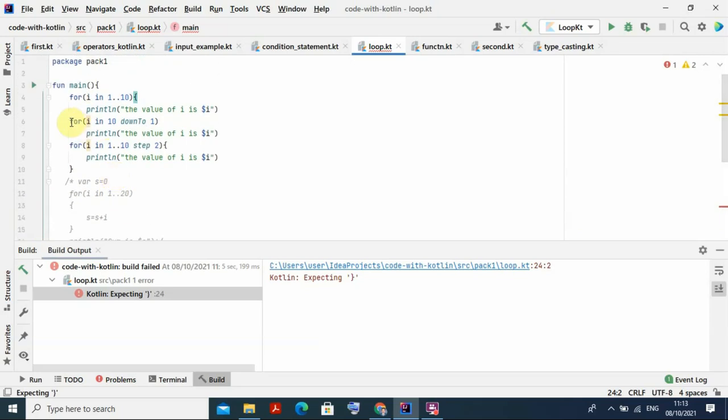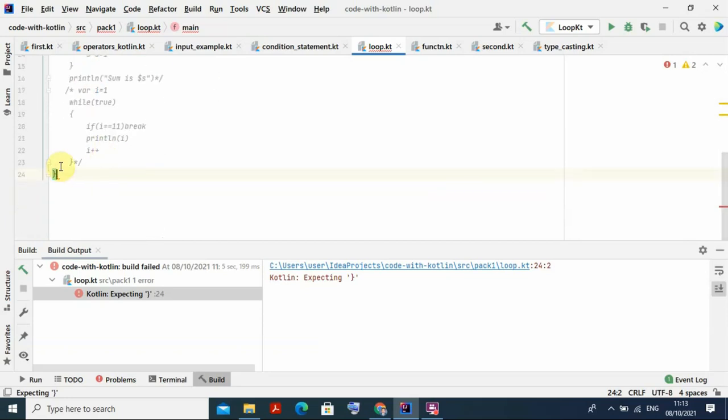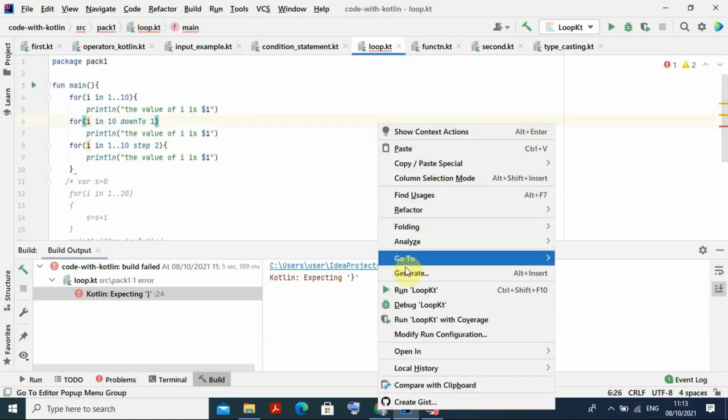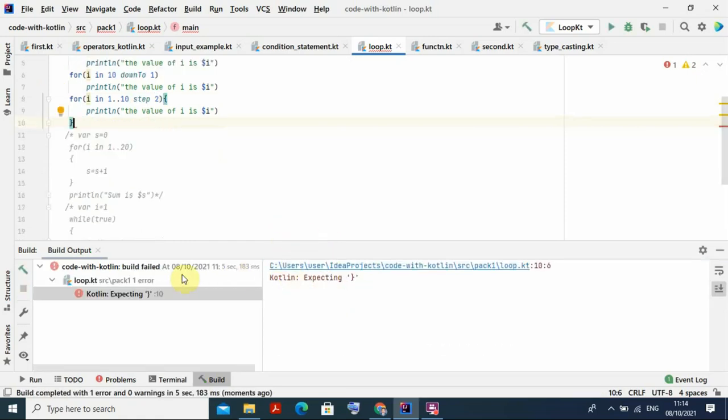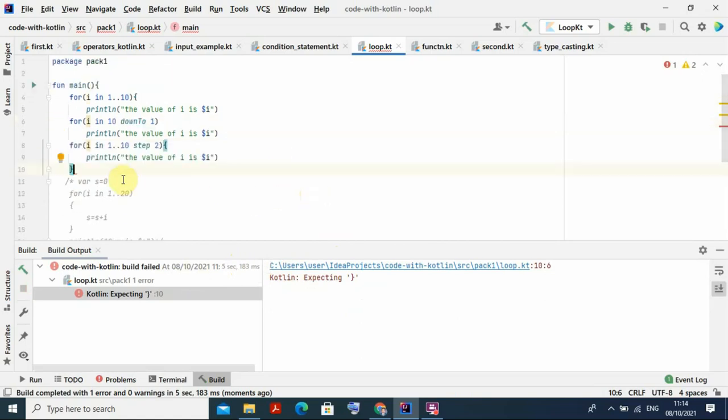So this thing, yeah, this is not required at this moment for this. So put it here. Now what I need to do, just right click and run this program loopkit. So now you can see the output, still line number 10. Okay, don't worry. So I'll do it one by one because if you club all the things together it will create a problem.